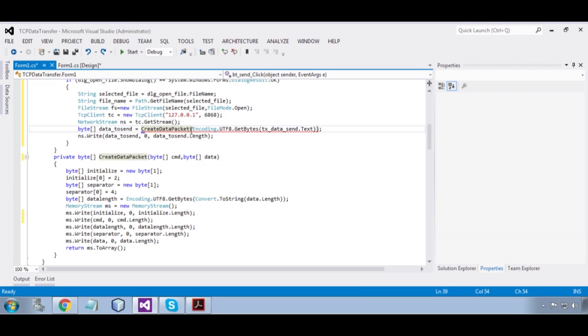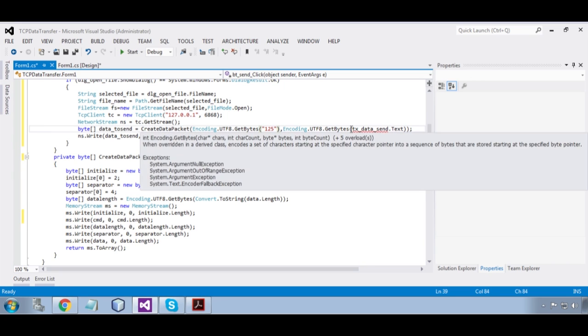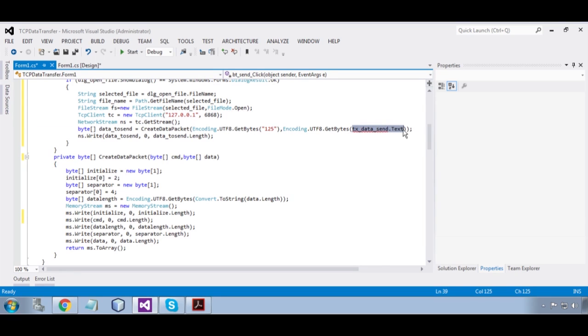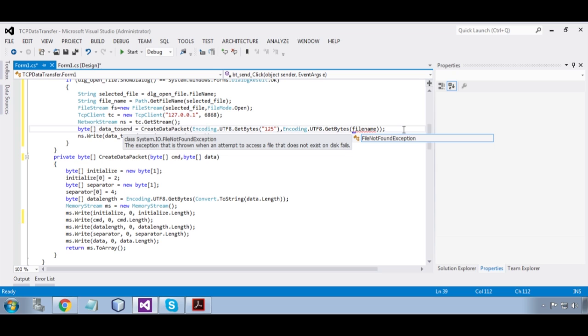Copy this, paste in here. Okay, one two five. Okay, now pass here the file name. Okay, we created the data packet with command 125 and the file name that we selected using the open file